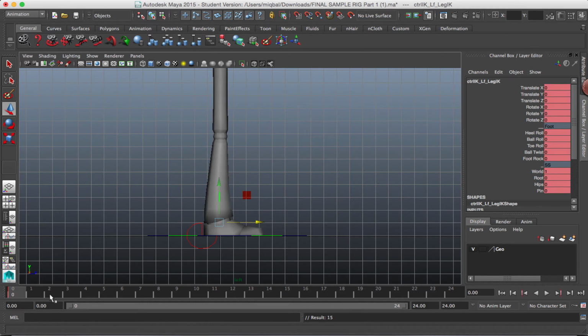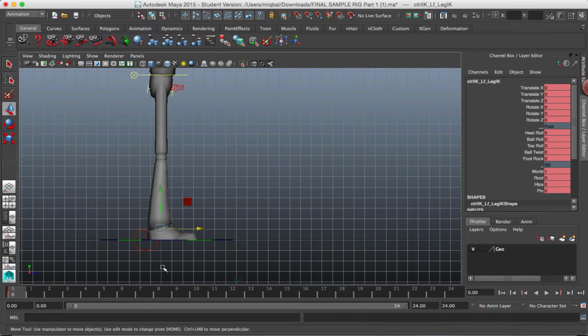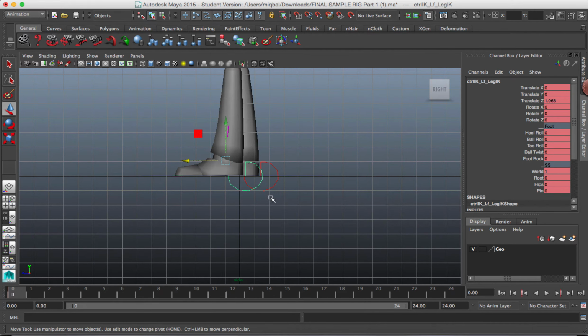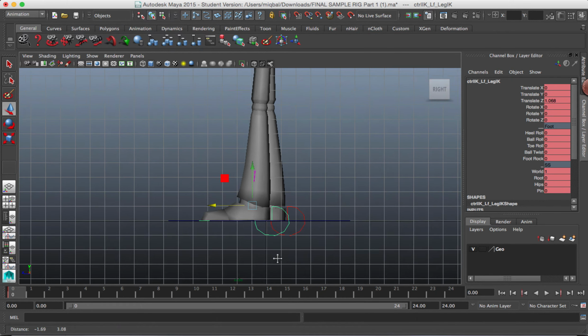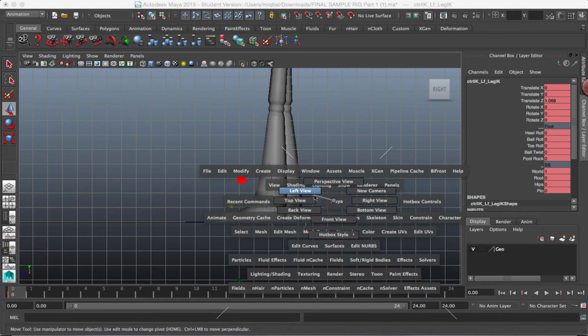let's come to 0 and keyframe it. So in the beginning, basically, where should it be? We need it to be in this position. All right, so I think we need to change our view to right, and that's when I can see this more clearly. Yeah, okay. The reason I came to left leg is